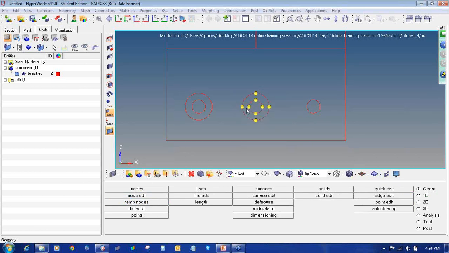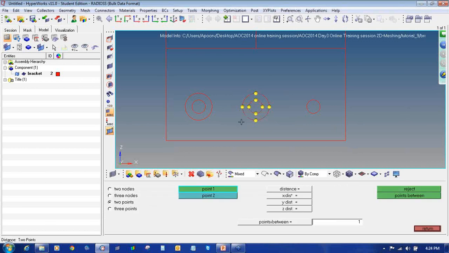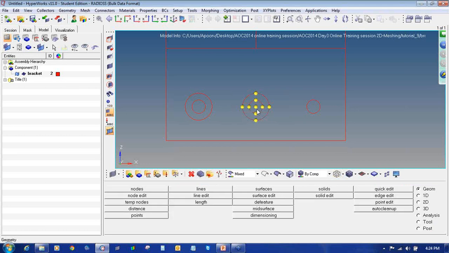Then I'll press F4 from my keyboard to measure the distance, but I want the center of that circle to measure the distance. So I will select the 2 nodes at the circumference of the circle and click on nodes between. So I get a center node.